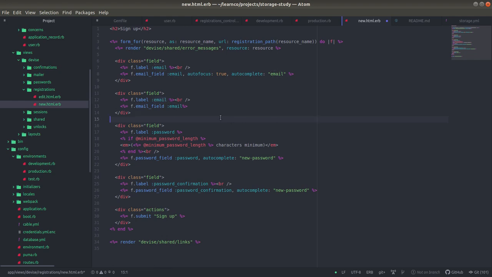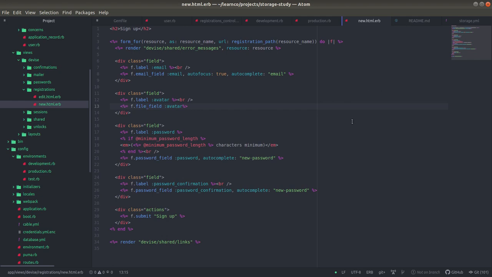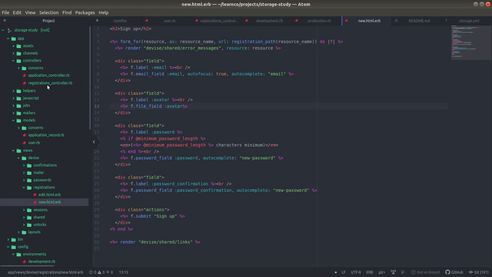Alright, so you're going to, just like it's a column, label it for what it's for and what field it's going to go to. And instead of calling it an email field or text field or anything like that, you're going to call it file field. Okay, now what we did to the controller, before I forget,